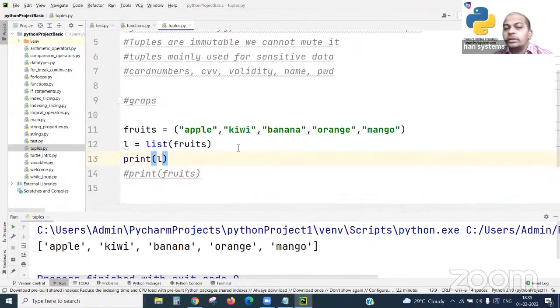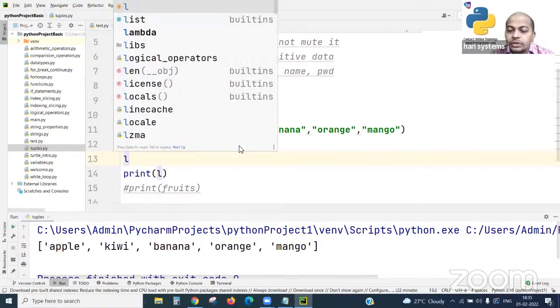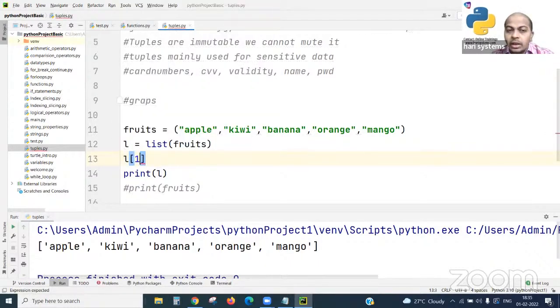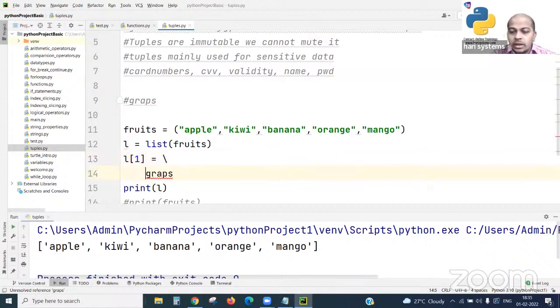So once we convert the data into a list, we can play a game. How can we add a list item? For example, for an index position, I'm going to assign L[1] equal to grapes. I'm adding grapes.